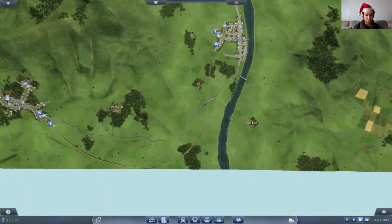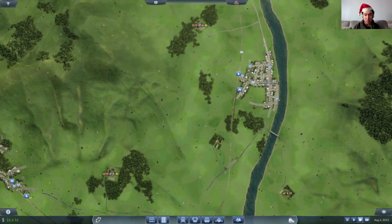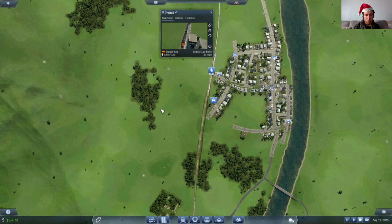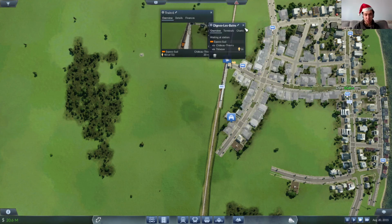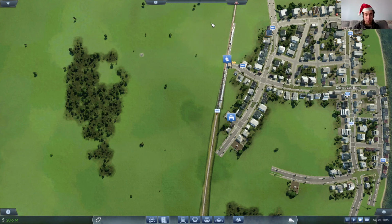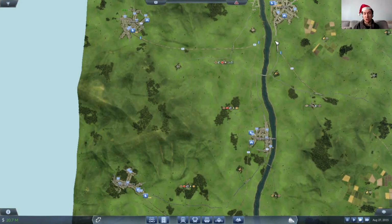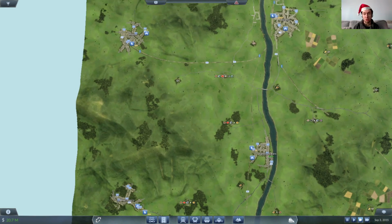Good! So we now have 2 trains on all of those routes. This one seems to be okay. There's not too many people at Digne-les-Bains because it is quite small. But the real question is whether people are going to go here. Yeah, so quite a lot of people actually do go to Digne-les-Bains from Trevoux, which is interesting. So it is able to pick everybody up. That's good, because otherwise we need a bigger TGV, and then subsequently everybody will be dropped off here. So imagine you got 70 people on board here, but only 20 get off. Then obviously you're left with people waiting at Digne-les-Bains because there isn't enough capacity on the train. So